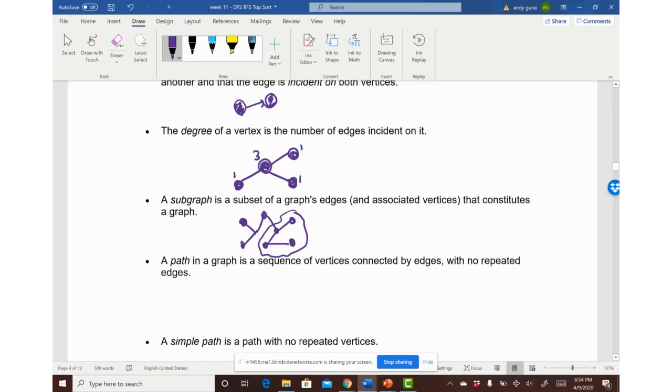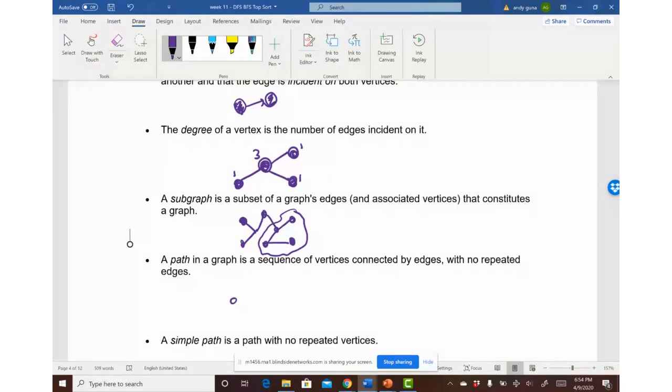the representation. A path in a graph is essentially a sequence of vertices connected by edges. So that's called a path. You could find a lot of paths from one vertex to another. That's possible. A simple path